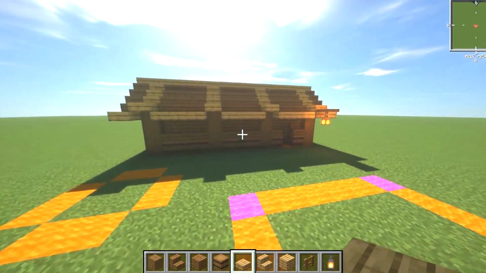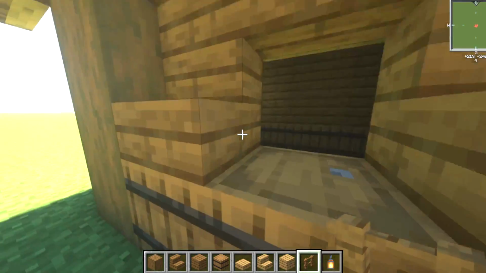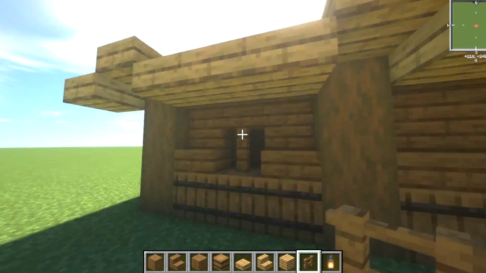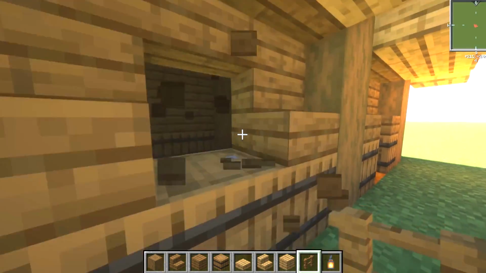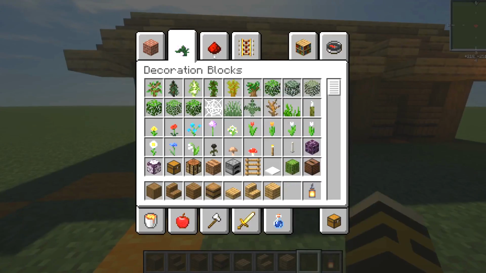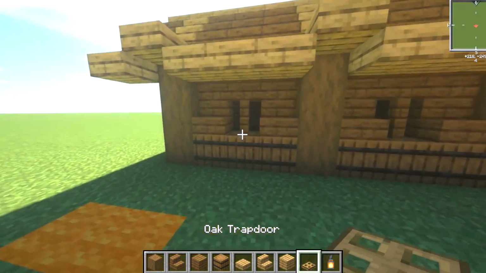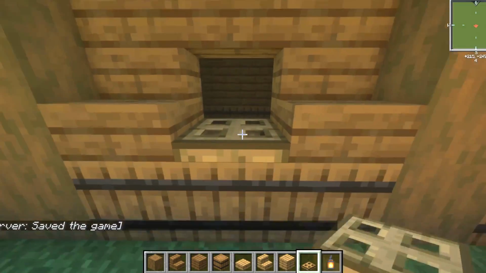Now one thing you'll notice is it's not got any windows, so it's up to you guys if you want to add in some windows. If you're going to do it, you could just have single bits of fencing, because we've got the stairs, that at least then stops it from looking too fancy. You just get this single line in there. You could of course also, if you wanted to, put on something like your oak wood trapdoors